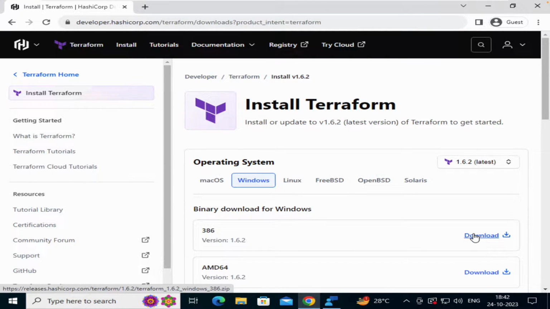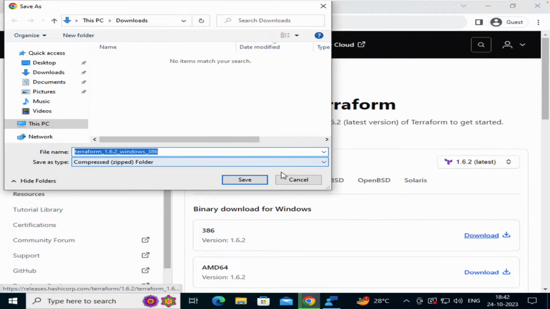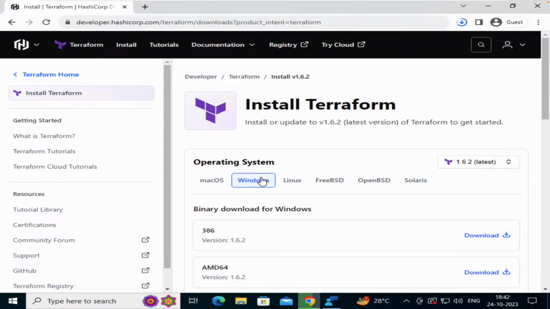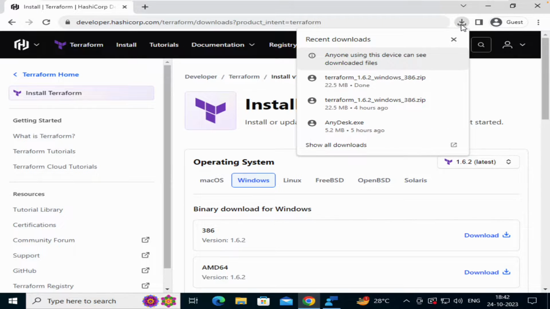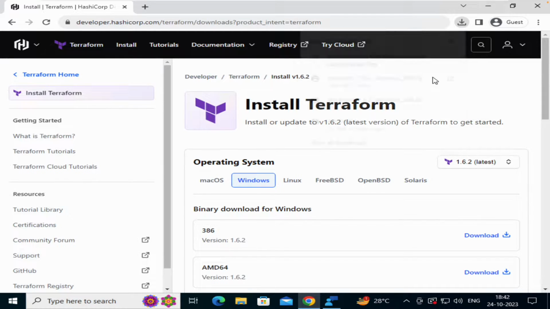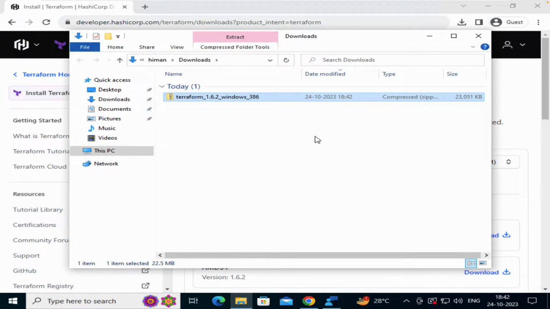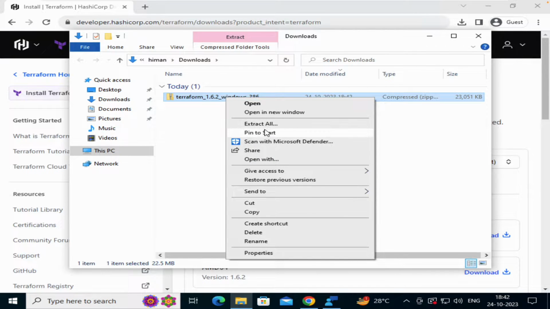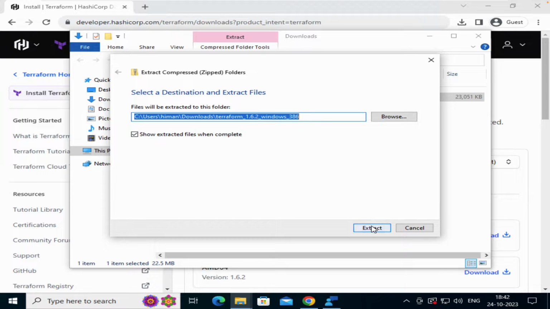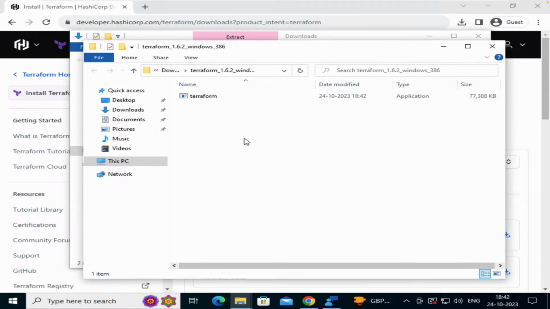So I am using Intel. I am going to download the 386 binaries. It's done. Now we need to extract all the files inside the Terraform directory. So it's available over there. So what I have to do is